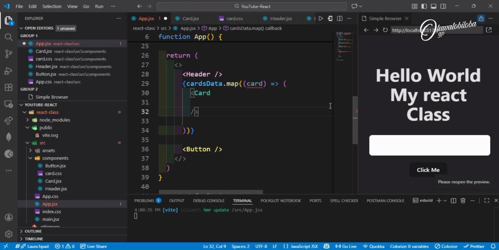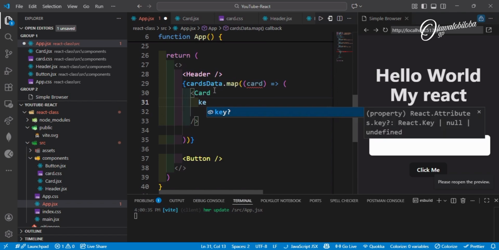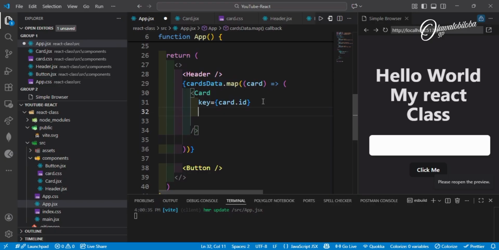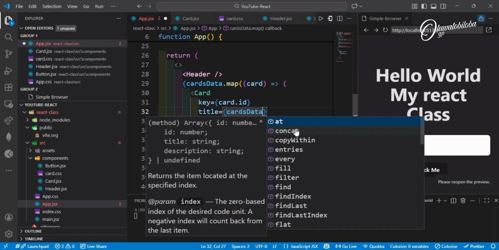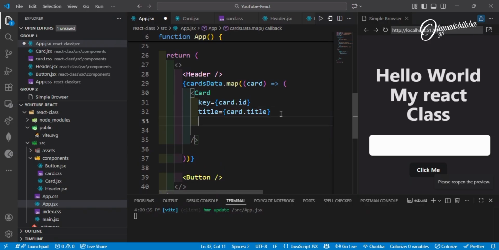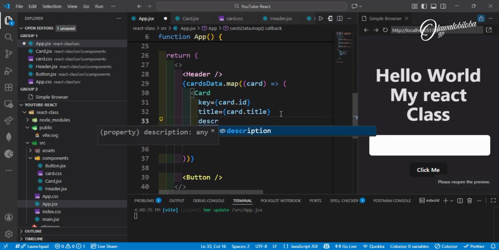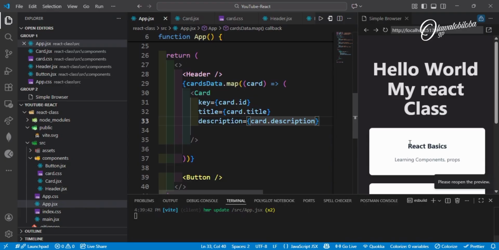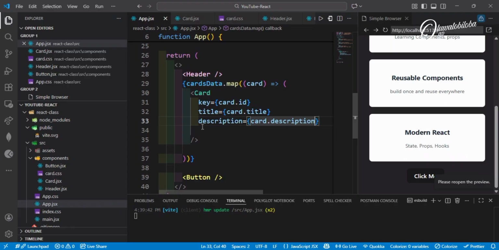And for this now, I'm going to be saying that the key, so map it with the key. The key. Title. Then I have my title. My title will be card.title. Then from there I have my description. Description equals card.description. And I save it. As you can see, we have a beautiful card component that can be reused and is